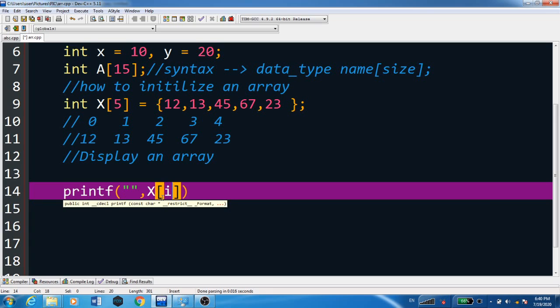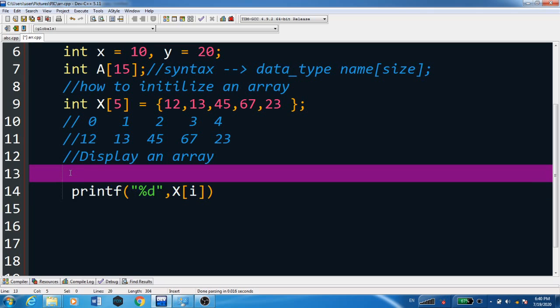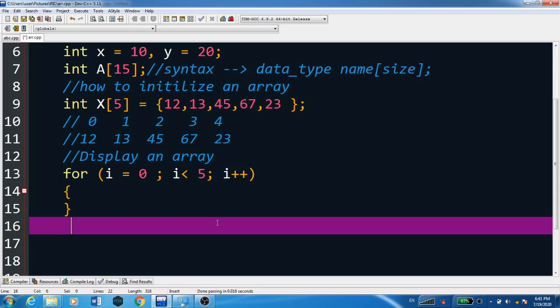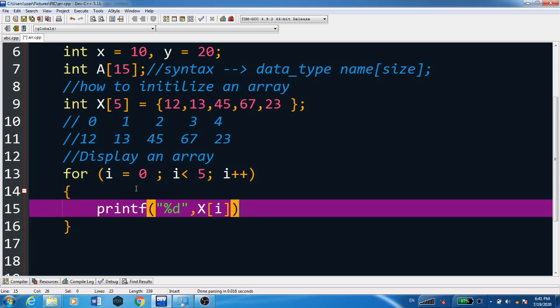So instead of writing x[0], then x[1], then x[2], what do we do? We will take a variable i here, and this format specifier will be there. Now we will write a for loop. Inside this loop, we will write i equal to 0 and i less than how many elements? i less than 5 elements, i plus plus. Okay? So this printf I will cut and paste here. In this way, you can print the numbers in an array. While printing the numbers, always remember to give a space after %d.